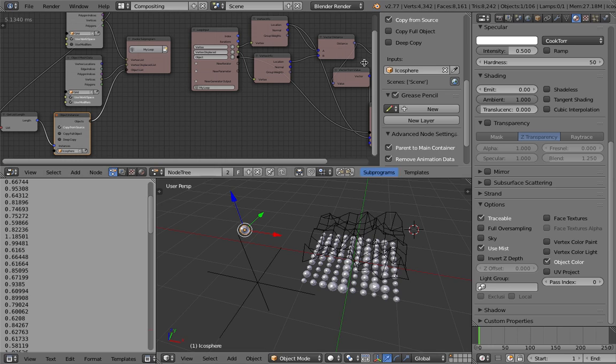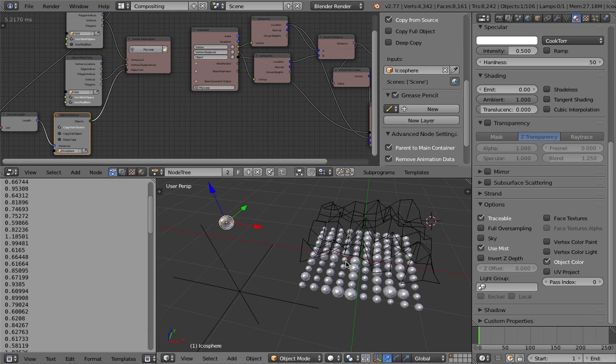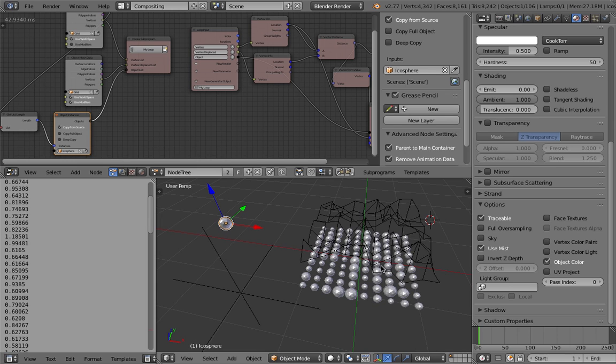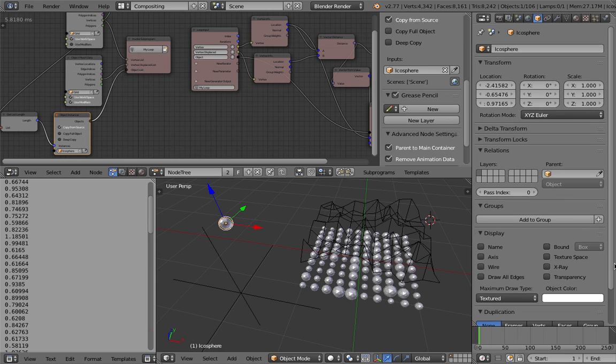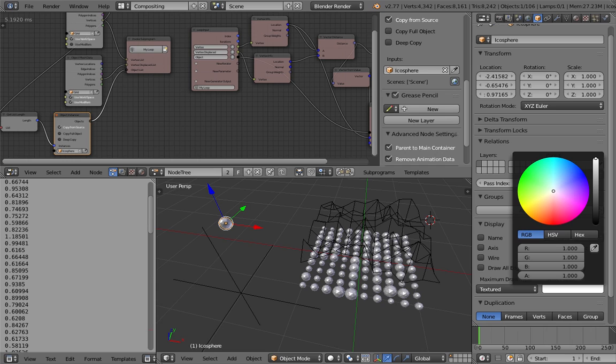If you're using Blender Cycles, it's going to be slightly different. You're going to be thinking about vertex color, but with Blender Render, and for the purpose of this showing and teaching you how to do this, I'm just going to be using Blender Render object color, which Blender can display on screen real quick. With object color, you should look at my previous tutorial about color. So color, you can change it right there.